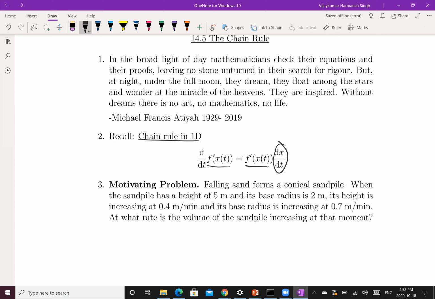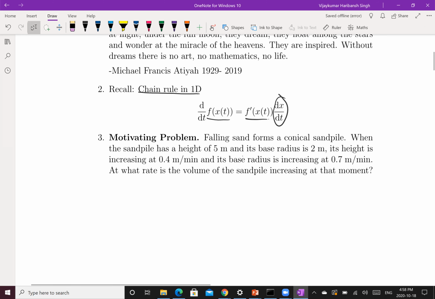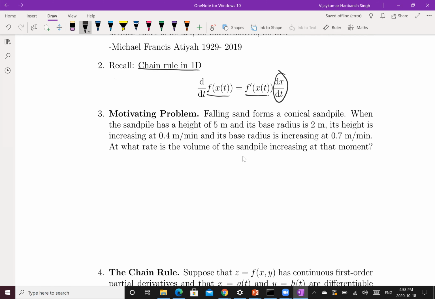Now suppose we have function of two or more variables. Let's look at this example first. A falling stone forms a conical sand pile. So you have a conical sand pile forming out of the falling sand. Now, when the height is 5 meters, and when the radius is 2, the height is increasing at the rate of 0.4 meter per minute. So suppose h is height, r is the radius,